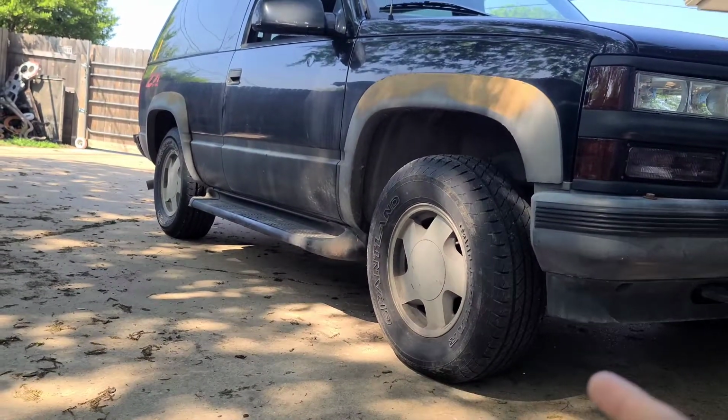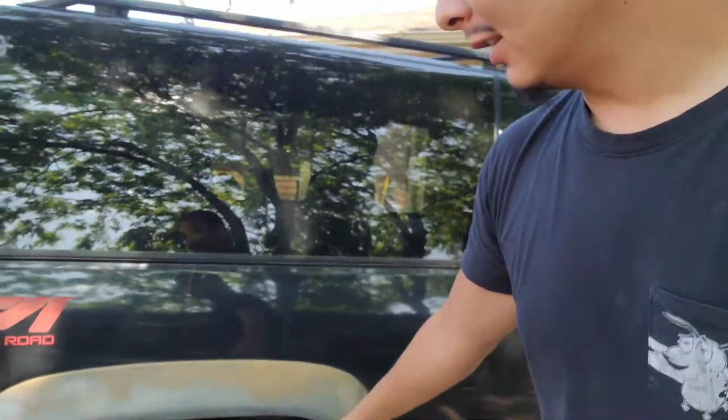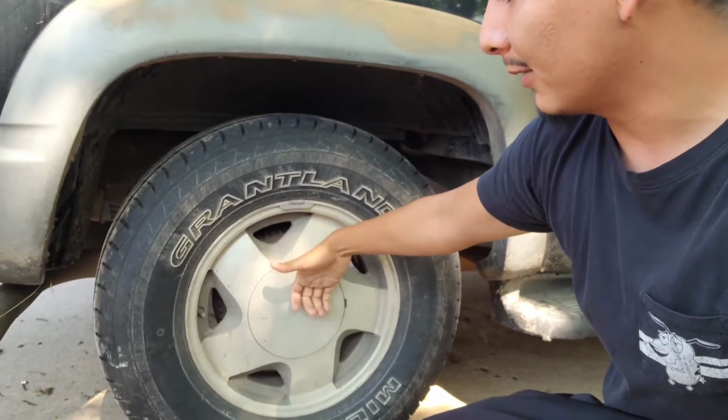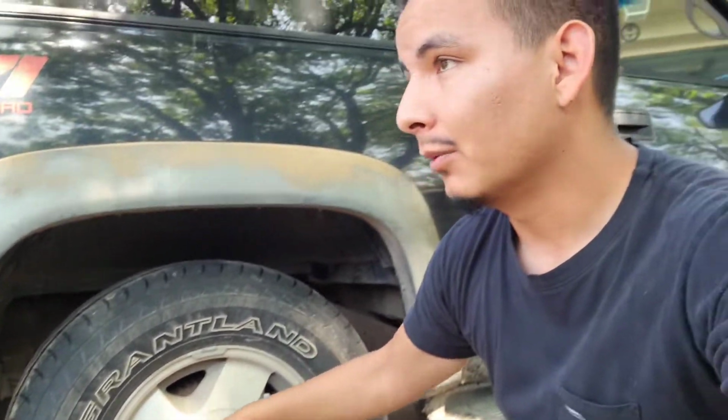I don't know where I'm gonna be, but what I'm probably gonna end up doing is all the suspension, get the wheels and tires, mount them up, and see how much clearance I'm actually gonna have. Because with these 16s, these are an ET50, so you can see the outside of the rim is pretty flush with the center bore. With the 22s, we're going into like an ET24, and I saw a few of them in person over here